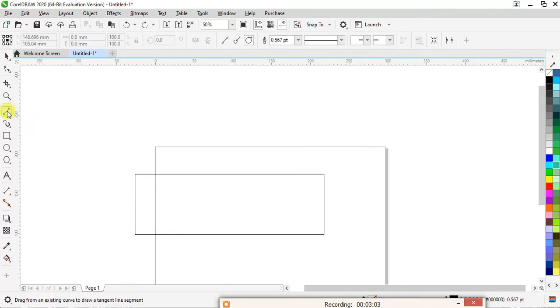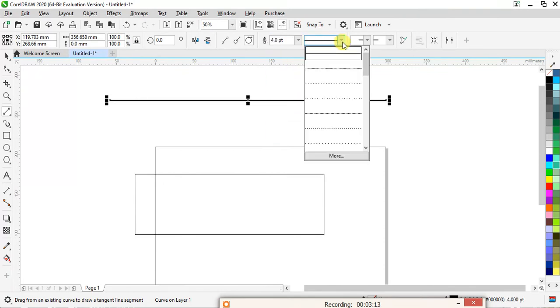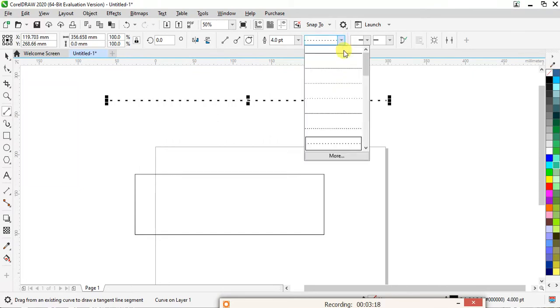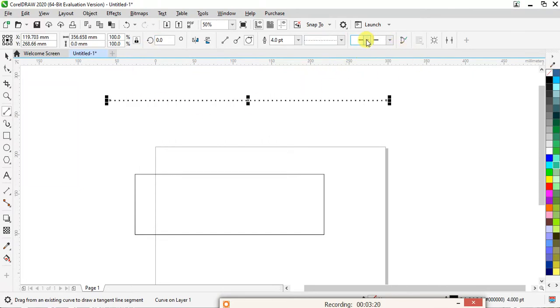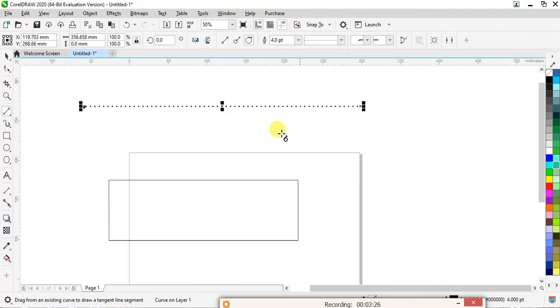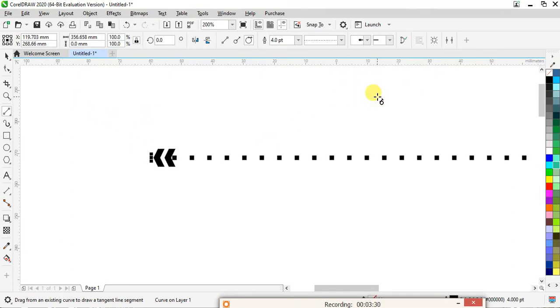One more thing in the line option, suppose I have drawn my line. Okay, this is my line. Now what if I want to increase the size, the thickness of the line? I can increase it as much as I want. Then if you want dotted lines or any other style of lines, you can take it from here. If you want any arrowhead at the end of the line, you can change it from here also. You can take any arrowhead here. Okay, this arrowhead is added likewise. So this is how you can change your arrowhead.